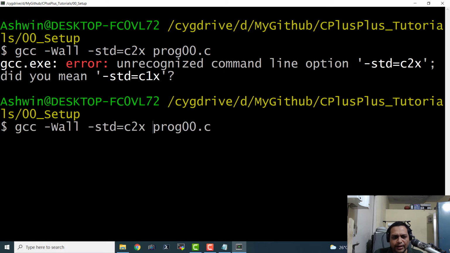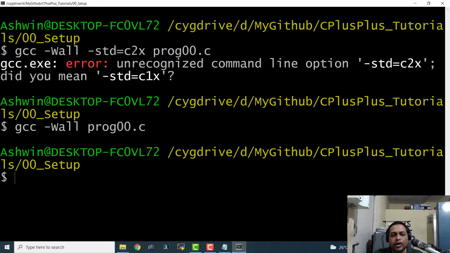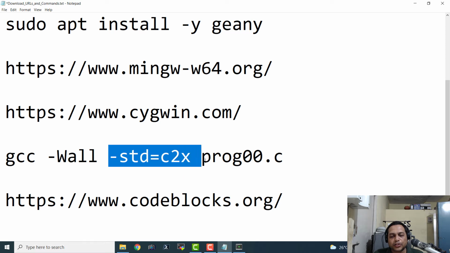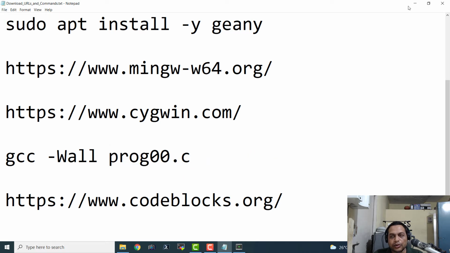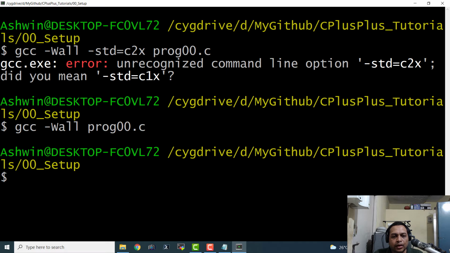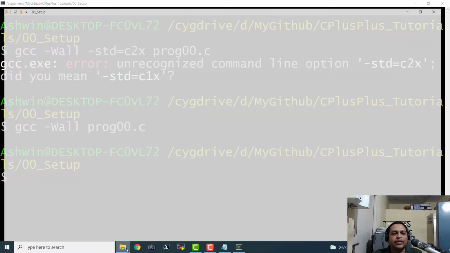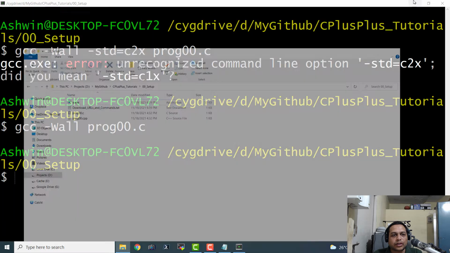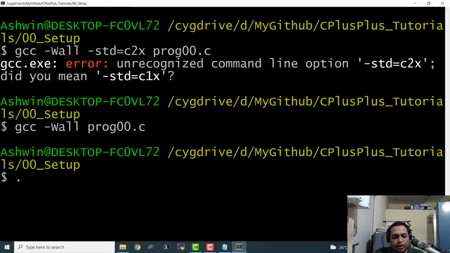So I will delete this command line option. So let it compile that file. Okay, it seems that the file has been compiled, and let me delete that command line option from here too. So after the file has been compiled, it will automatically generate an executable file, and we can see that executable file probably here in that directory, a.exe, and I can just type in here ./a.exe, and it should run that program.